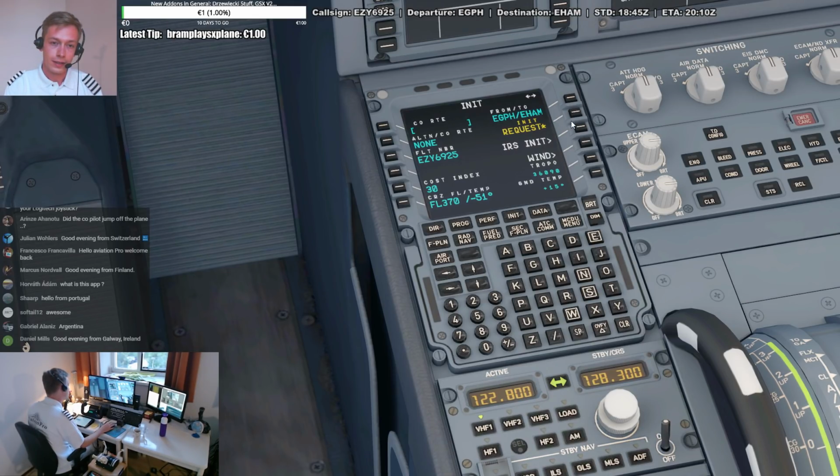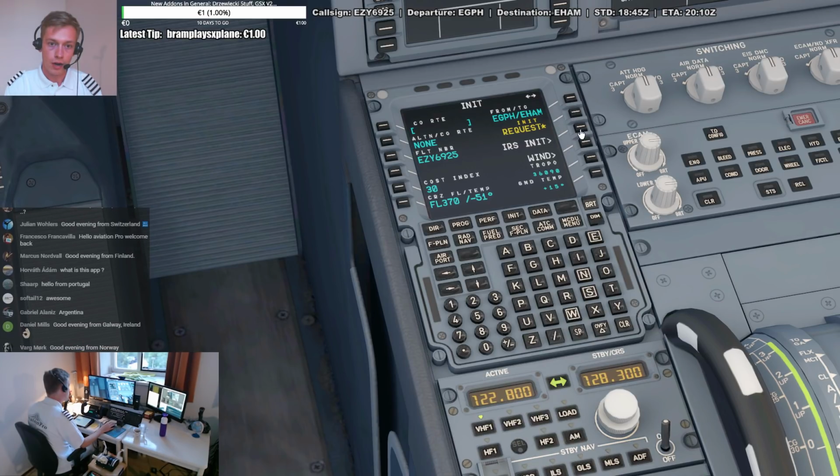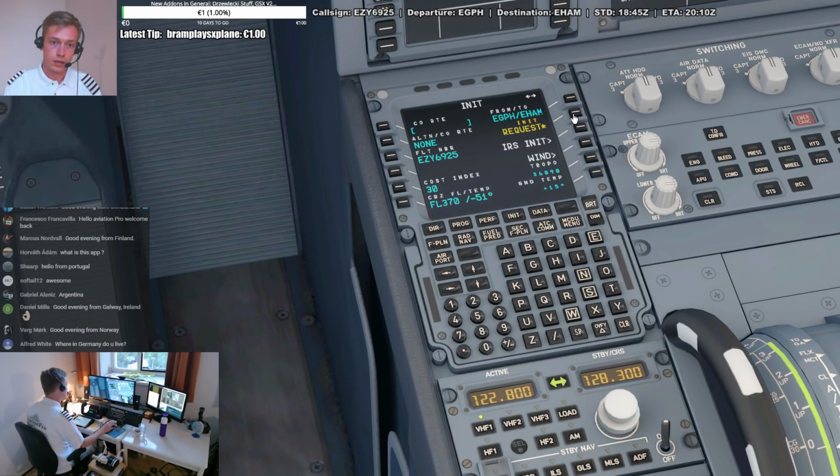Alright, so what's next? Init request or IRS init? I think the IRS is already aligned. I loaded the, you know, what was it? The state where you just take over the aircraft from the previous crew. So I think, let's see, IRS init. I think IRS is fine. We don't have to align it or anything. Wind,